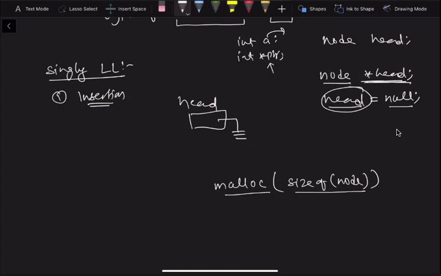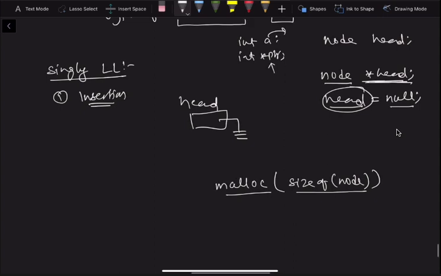We have to create a node, and after creating this with malloc, this is what we have. But since head is still pointing to null and this node is still separated from head, instead of null we have to point it to this.